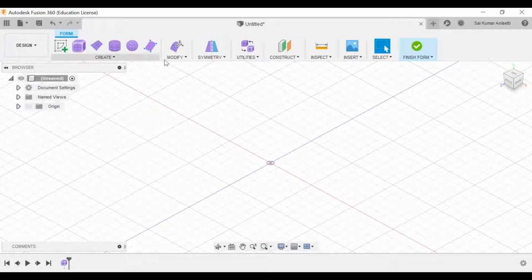In the older versions of Fusion 360, as soon as you entered create form, it used to say that this is a sculpt. That is why I have called it the sculpting environment. In the latest versions, there is no such sculpt environment. You have create form, and they have incorporated that into part modeling itself. Why they have done that, we'll see right away.